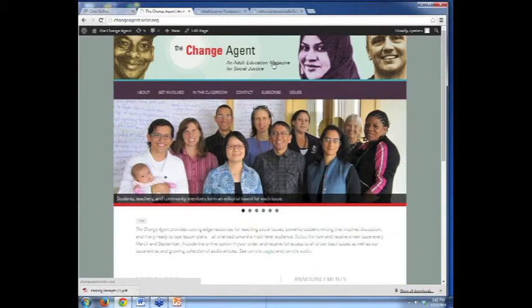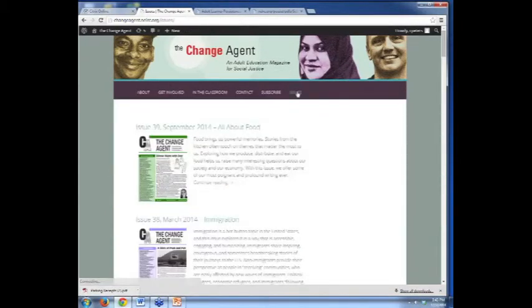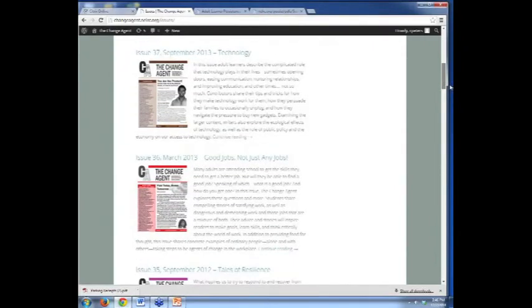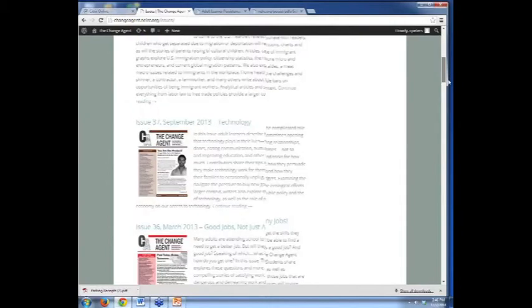It's brand new. We just got this launched a few months ago, and one thing that you can find here is PDFs of all of our back issues. There is a fee for getting access to these back issues. It's $20 per teacher per year, so it's pretty cheap, but there is a fee associated with it. But once you pay that $20, you and your students also can get access to all these PDFs of all these back issues. You can see some of the topics there, including immigration, technology.